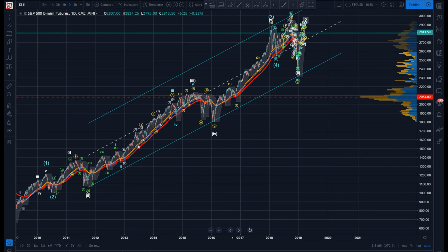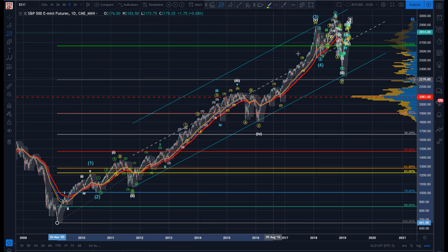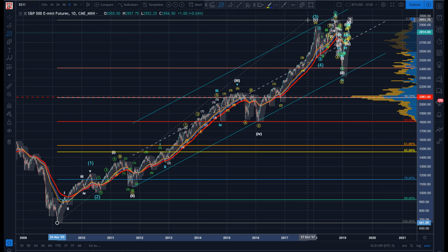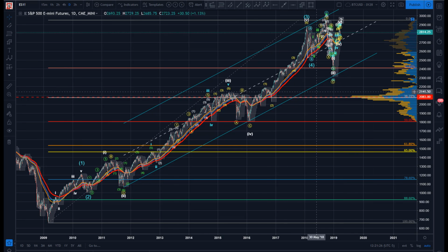Put that in context here. What are we talking about? From the 09 low, if I drag it here and we go up to that absolute pivot high, wave 2 would be just beyond the 23. So is it possible? Of course, anything's possible, but is it probable? Is it likely that we've got our 2 in here and we've just gone 1, 2 and we're off to the races for another 5 wave cycle? It just seems highly